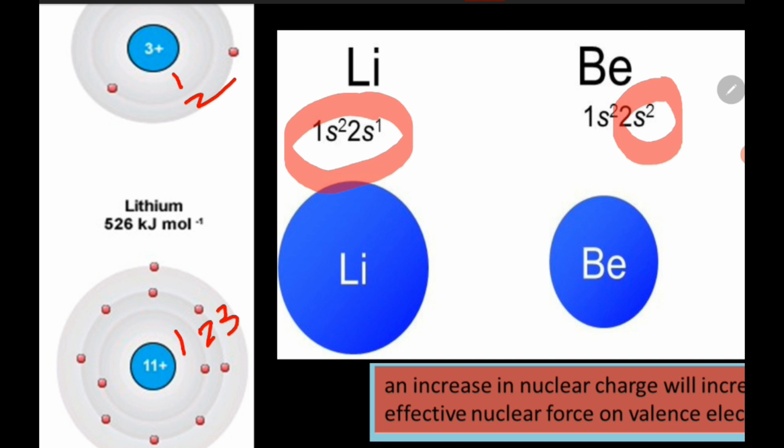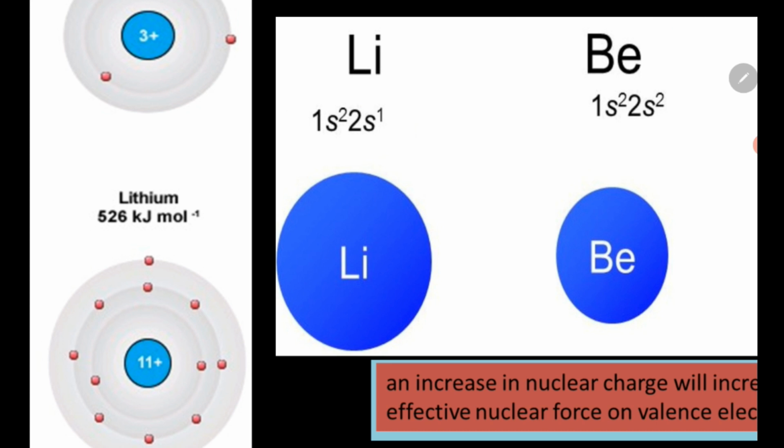Now as we move down from lithium to sodium, no doubt there is an increase in the number of protons. Electrons will also increase because the atom as a whole is neutral. But what is happening here? Why is the size increasing? Because the distance between the nucleus and the valence electron is increasing, due to the addition of one more shell. Therefore, the force of attraction between the center of the nucleus and the external valence electron is less. That means they are far away from each other. Hence, they have bigger size as we go down the group.